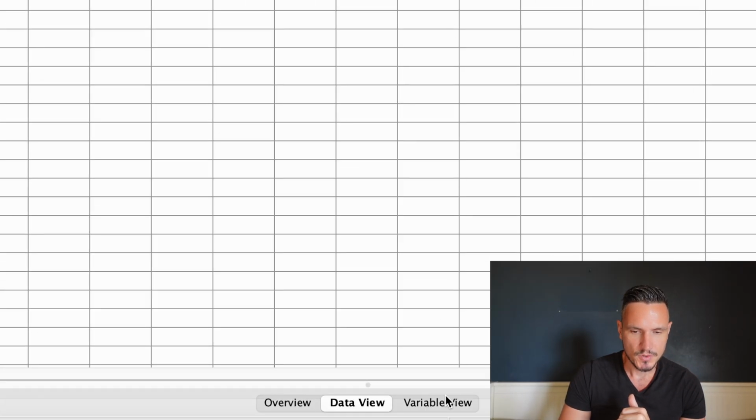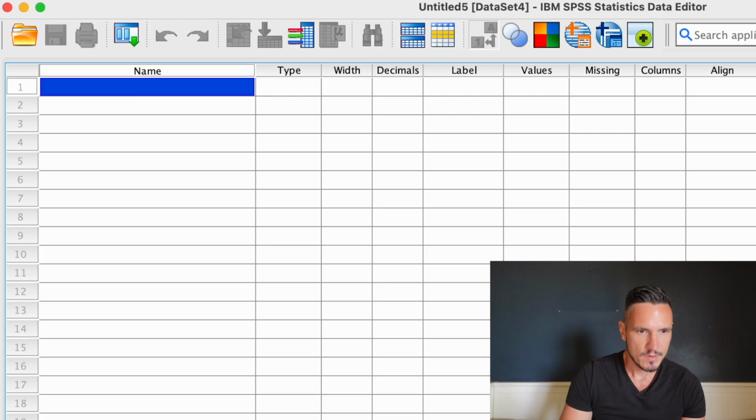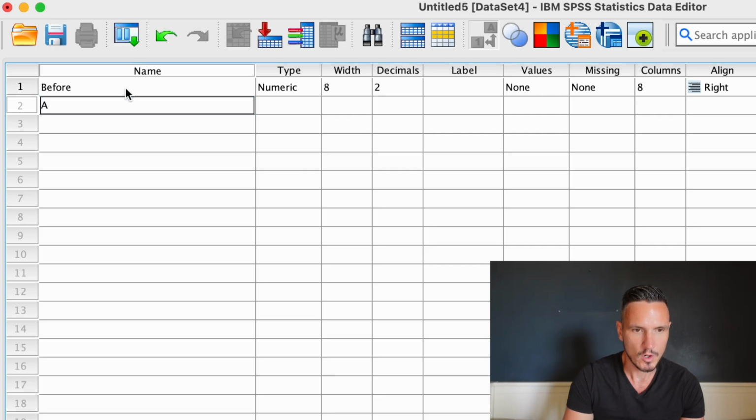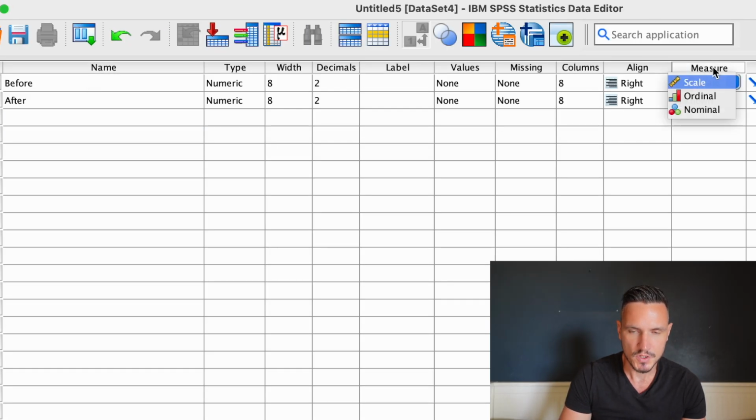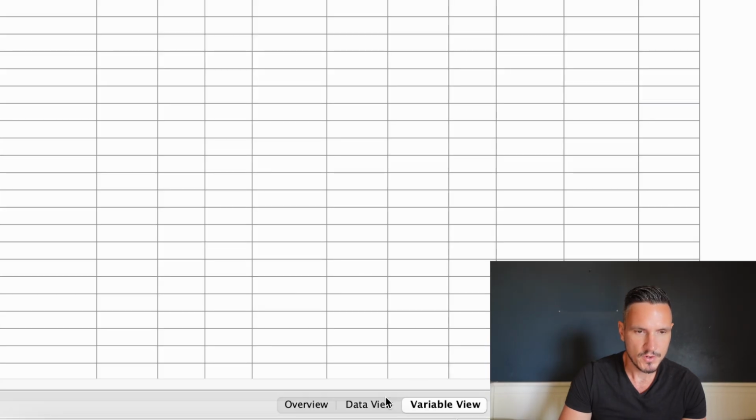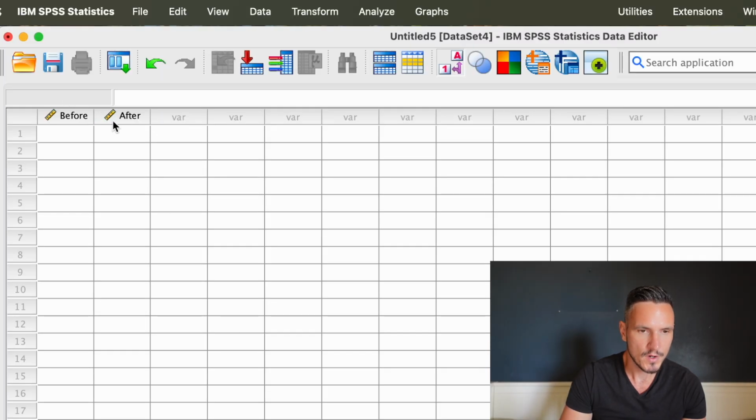So we can go down to data view, and then let's just give a name to the first level of this independent variable. So let's call this something like before, and then in the row below we can give a name to the other level of the independent variable. So let's call it after, and in this case we have scale data, so we're going to just use this measures column here to indicate that we have scale data. And then we'll go down to data view, and we can see that before and after appear at the top